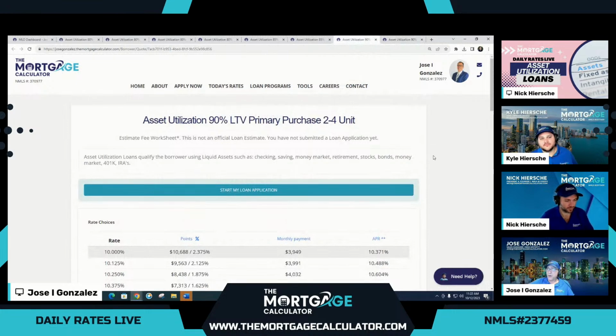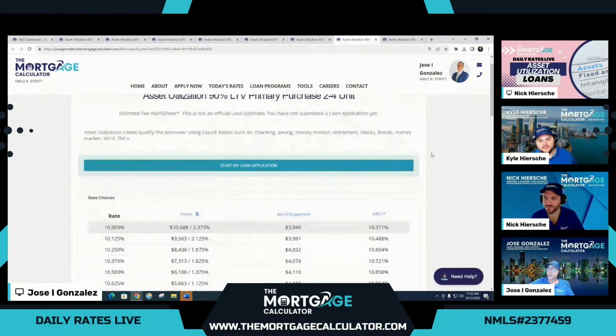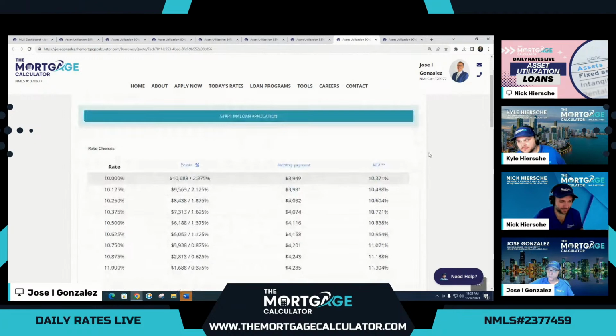Now for our house hackers out there, here's our 2 to 4-unit option, same loan. And you will also notice, like as is the case in most, I'm not going to say all, but in most cases, there is no difference between the 1-unit and the 2 to 4-unit on non-QM. However, on DSCRs, as you all know, the 85% LTV DSCR option is only for 1-unit properties. I wanted to say that so nobody's confused.